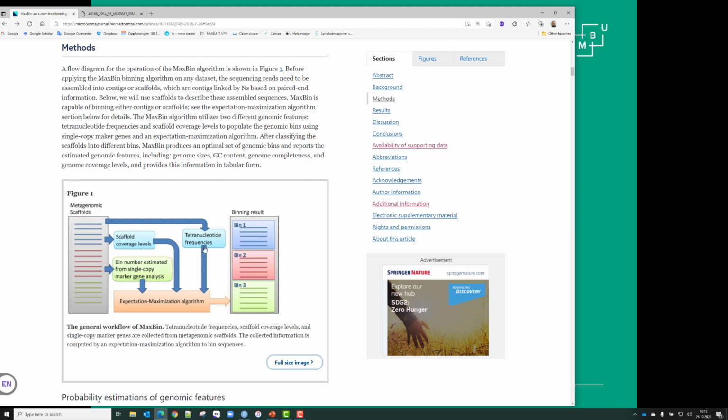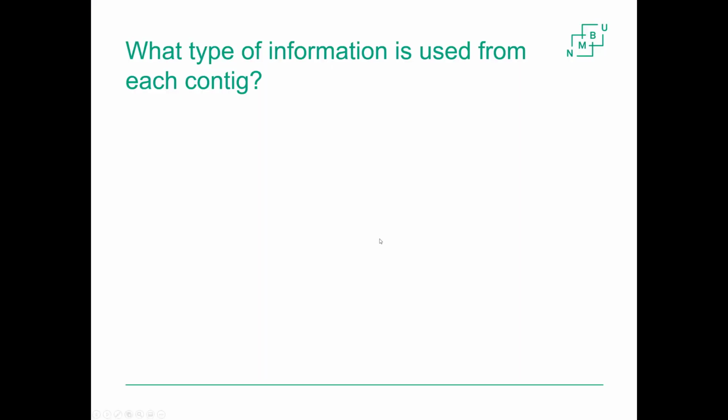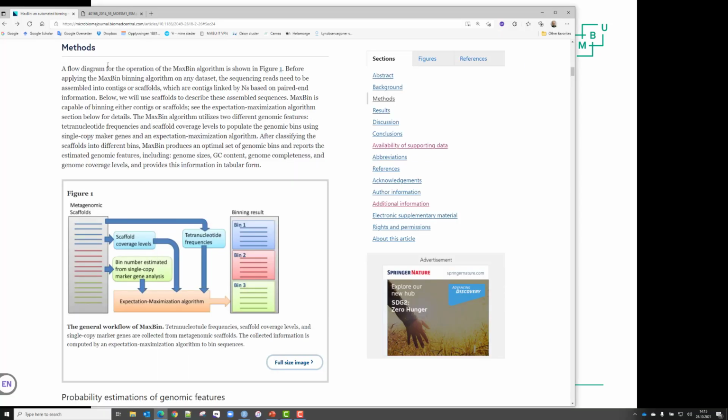Here we have an overview drawing, and so on. I had some points that I emphasized in this document of mine, so let's see if we can step through this together. First of all, what type of information is used from each contig? And if we go into the paper here,